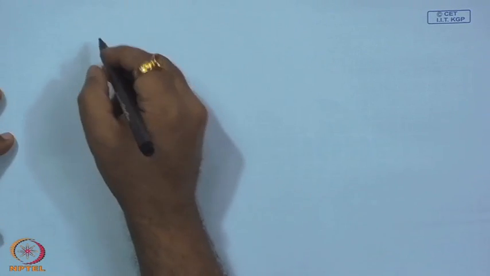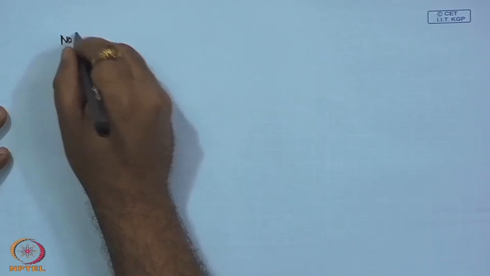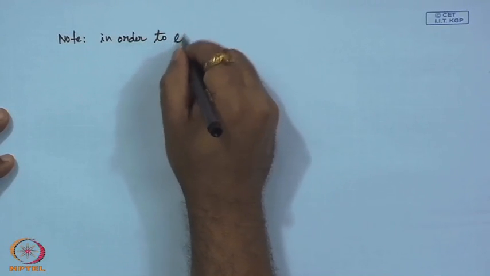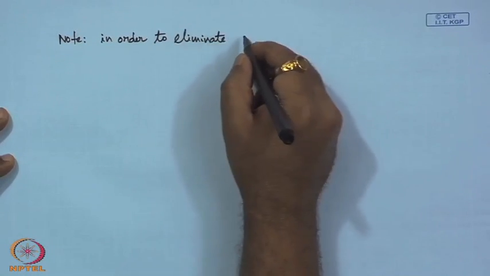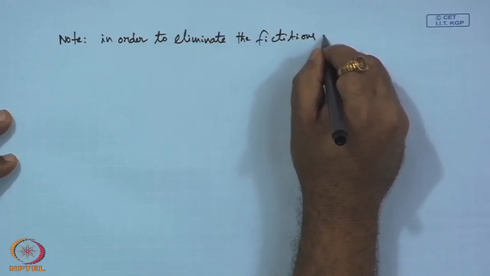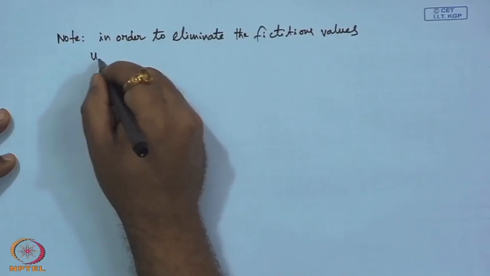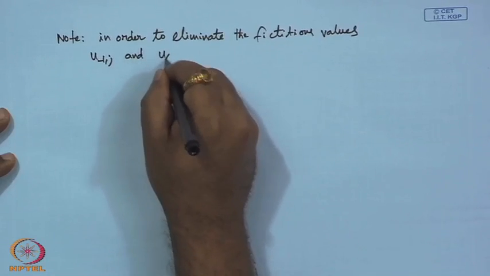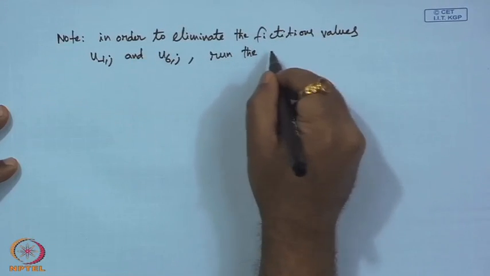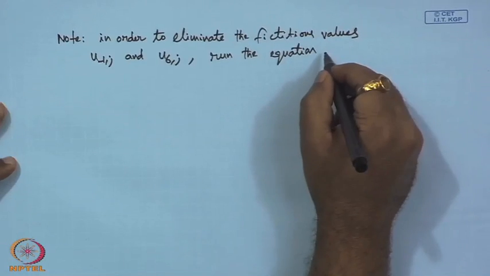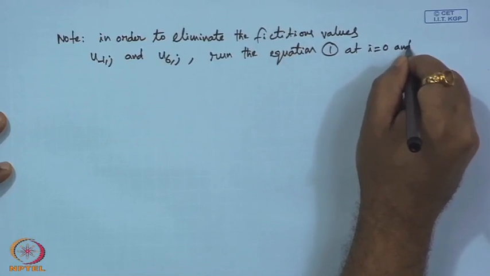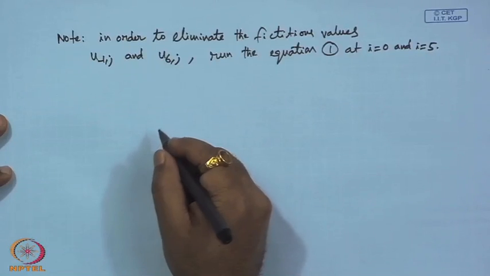Okay. So, note in order to eliminate fictitious values u minus 1 j and u 6 j, okay, run the equation 1 at i equals to 0 and i equals to 5. So, if we do that,